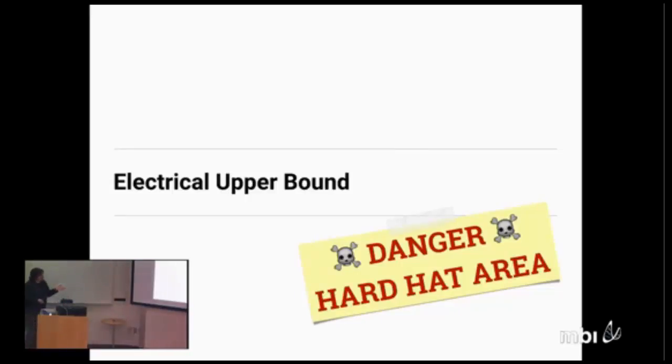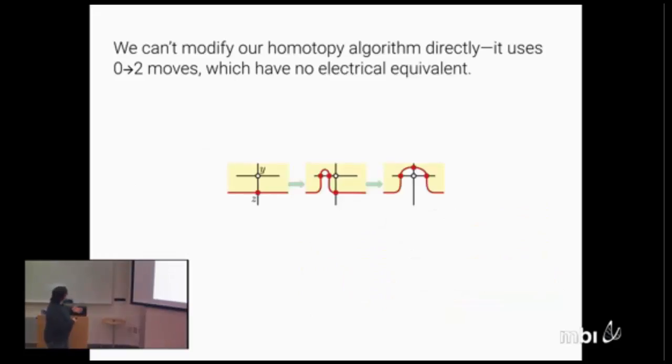So how would we like to leverage the homotopy algorithm to do electrical reduction? Unfortunately, the thing we just saw shows that we're trying to reduce the wrong way. I can take any electrical reduction algorithm and turn it into a homotopy reduction algorithm that's faster, but I can't go the other way. In particular, for the algorithm that we developed where we're shrinking down loops, we can't